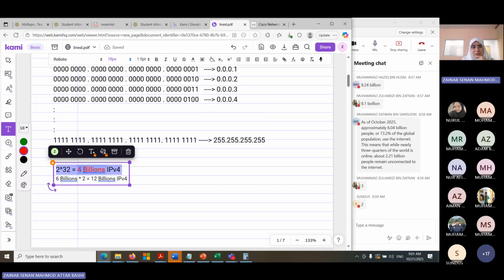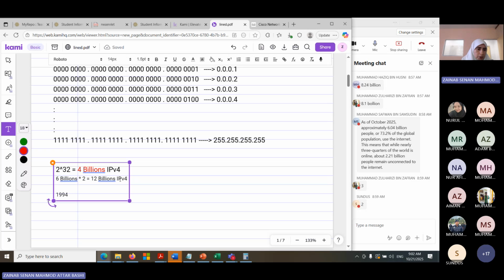But the problem is, at the end of the 1970s, when they had IPv4, they never thought about it. We had a few computers in the universities, and some military institutes maybe using the internet. So maximum we get maybe 10,000 of them. They never thought that one day everyone will have more than one device connected to the internet. So in around 1994, if I'm not mistaken,